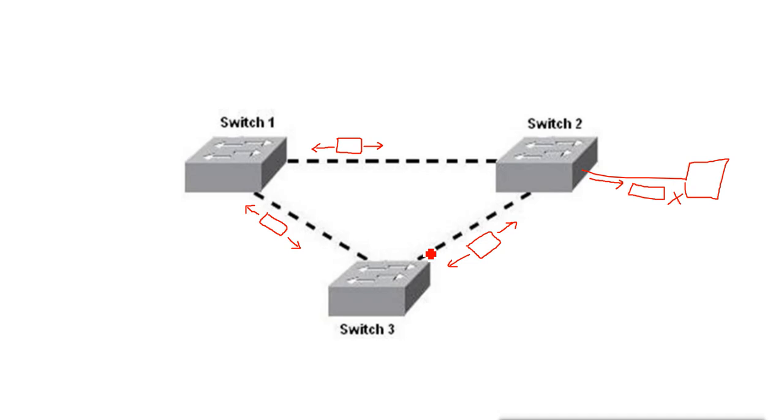When we connect ports to the switch, first they exchange the BPDUs. What happens next? After that they select the root bridge, and for selecting the root bridge they use the bridge priority. After selecting the root bridge, all the communication decisions will be decided from the root bridge's perspective.